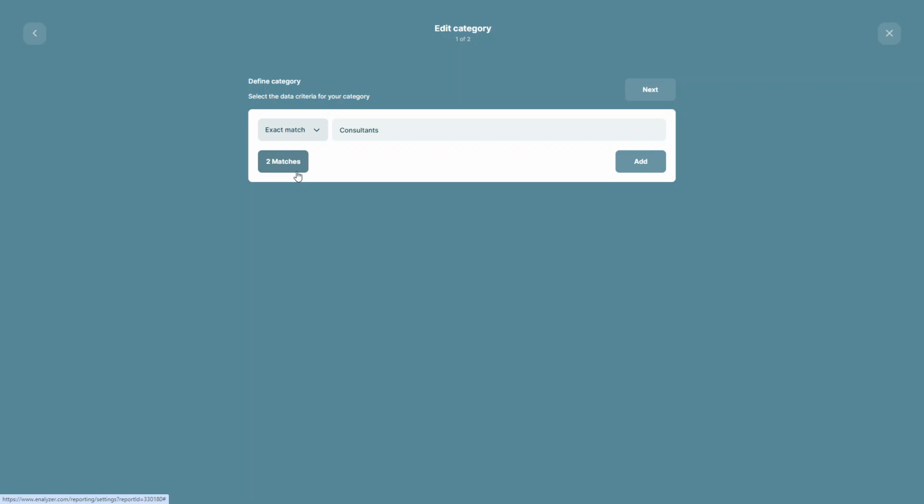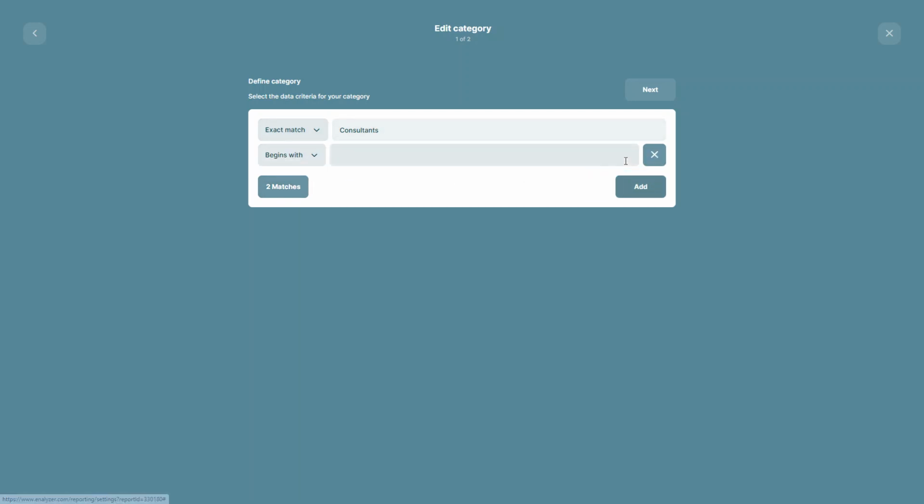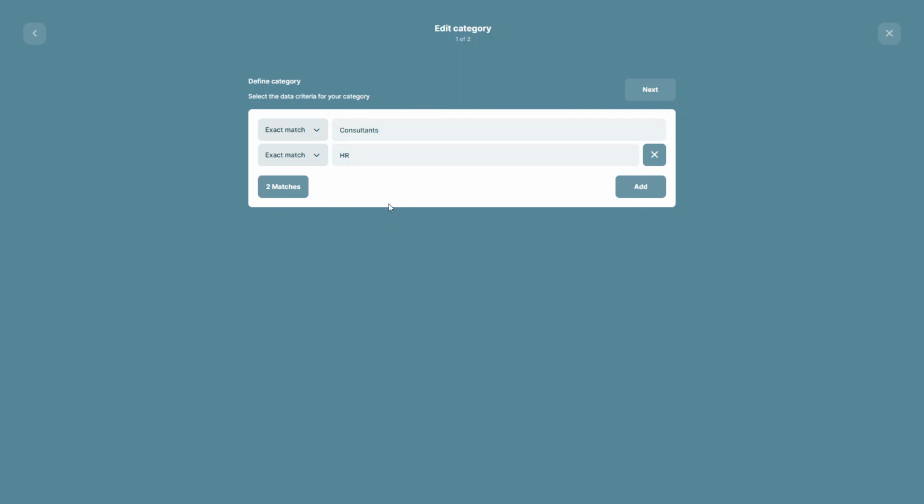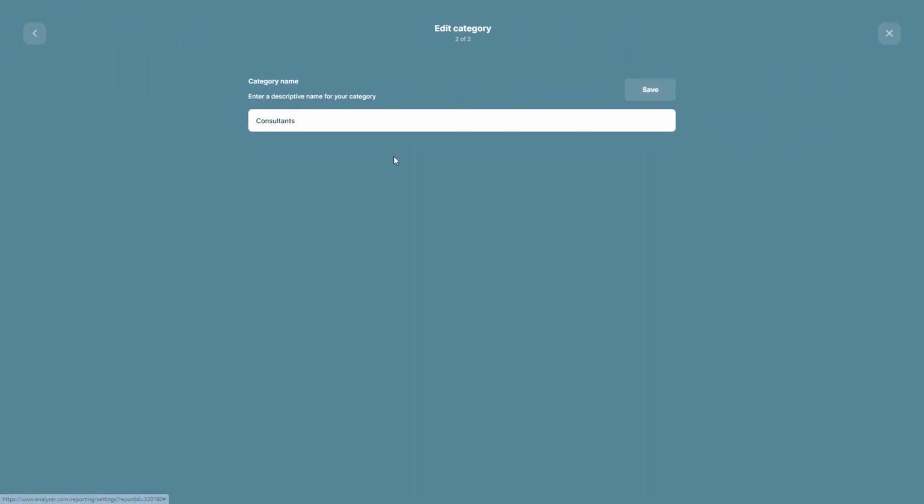Then we can define the category for it to include all the necessary data. For example, we can have an exact match, and we can also add one here. We also want an exact match, and then we can choose HR, for example, because we want to merge it into the consultants one. When we're done, we click Next,